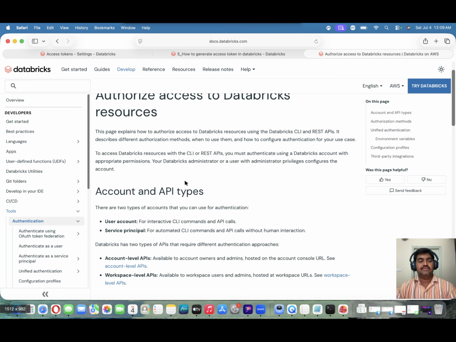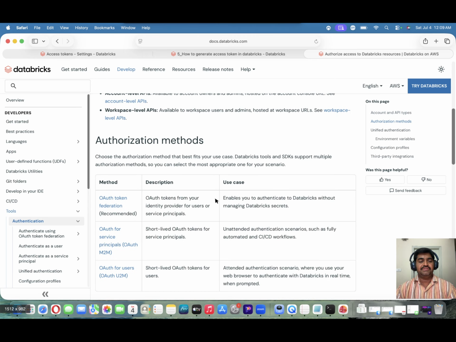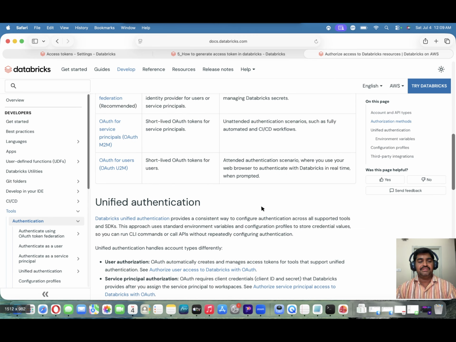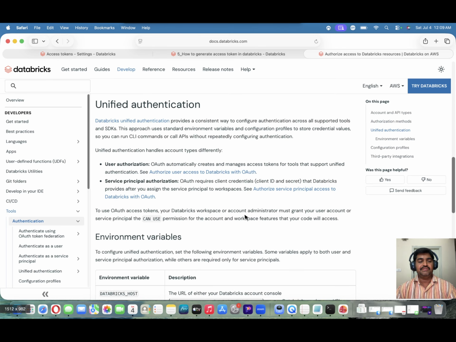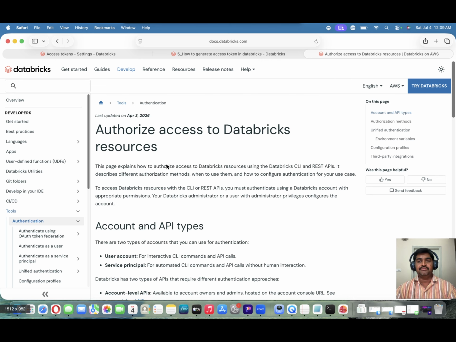So what about this access token? Here they will explain everything: what are the different authorization methods, so unified authentication, environment variables. So you can go through this documentation. But what we are going to do here is,